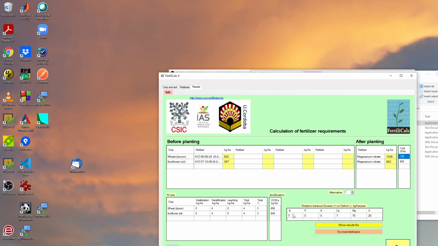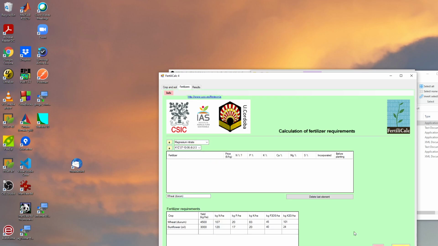And here we have the rotation balance for all the nutrients that we have considered. Here we see a huge surplus of magnesium, as we are using magnesium nitrate, and a surplus of sulfur. We can go and choose more fertilizers, and clicking here, we will go first to the first crop in the rotation. Now we will select the second